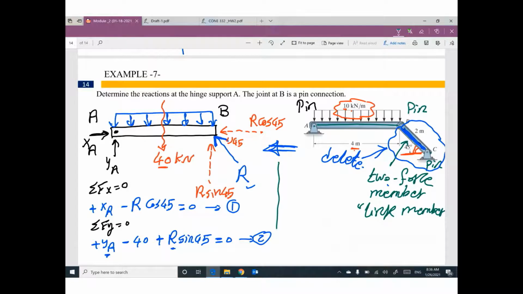Guys, do you remember the third equilibrium equation? Yes. Summation moment at any point equals 0. I highly recommend to take moment at the support with the highest number of reactions. Support A has two reactions, so I'm going to take moment at A. I'm going to assume clockwise direction is positive. Do you remember, guys? Moment